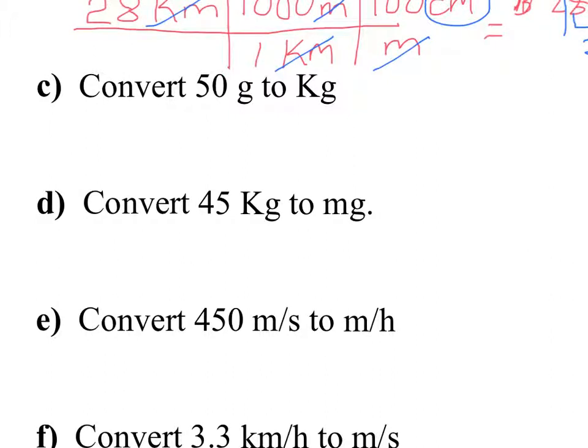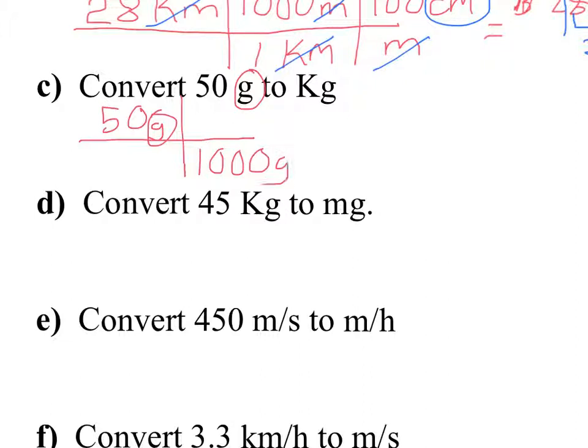Next, we're going to convert 50 grams to kilograms. So our given, 50 grams. And we know that there are 1,000 grams in a kilogram. We need to figure out where to put it. What we're trying to do is get rid of grams, because that's the unit we have here. So we're going to put our 1,000 grams on the bottom. There are 1,000 grams in 1 kilogram. You don't have to write the 1. So we end up with 50 divided by 1,000, and that gives us